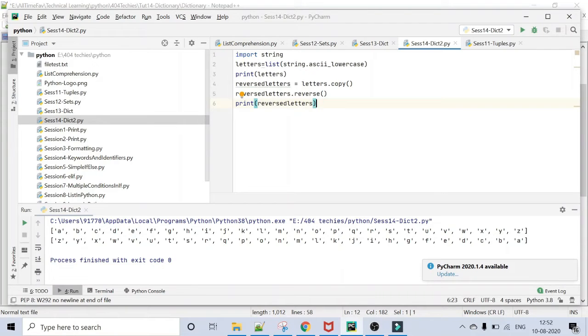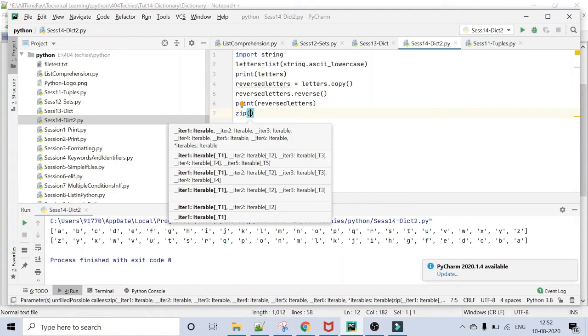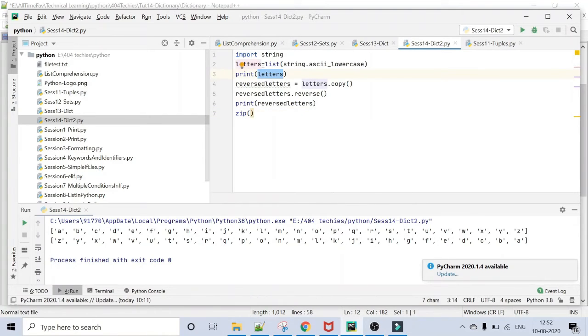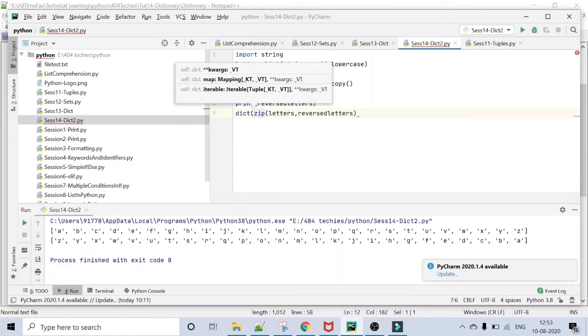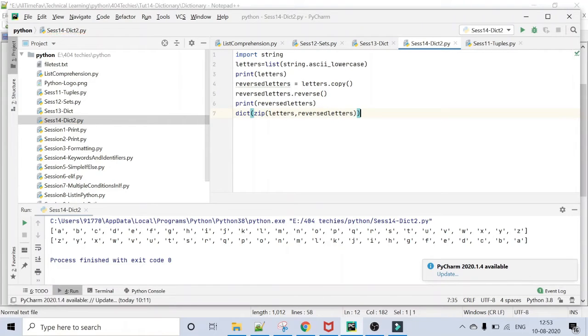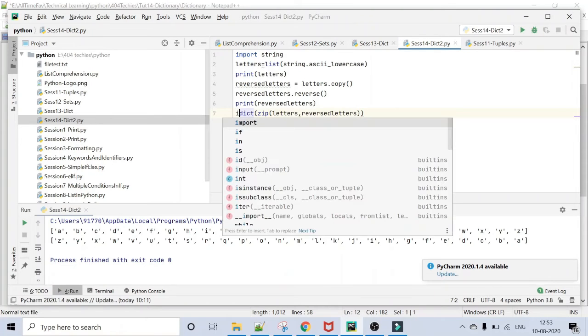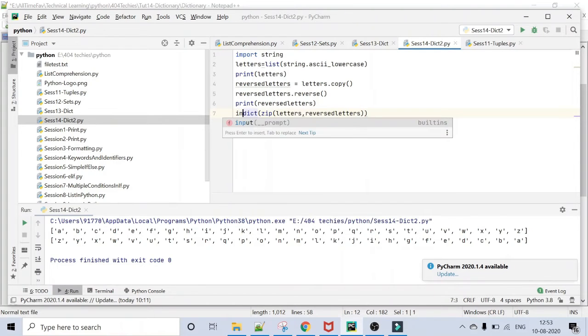So what we are going to do is use the zip function with letters, comma, reverse letters, and convert this to a dictionary. I'll call it input dictionary.